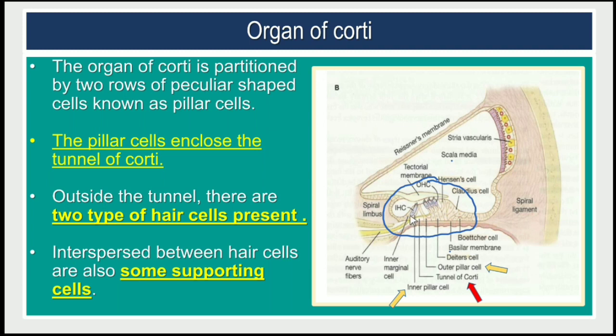Okay, these are the two types of hair cells, 3 rows towards the outer side and a single row towards the inner side. This is the modiolus part. Around this modiolus the cochlear turns are there. So on the modiolus side is the inner hair cell and on the outer side 3 rows of outer hair cells. So this is the tunnel, this is the outer hair cell, 3 rows of outer hair cells and a single row of inner hair cells.